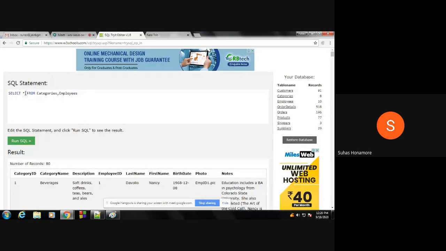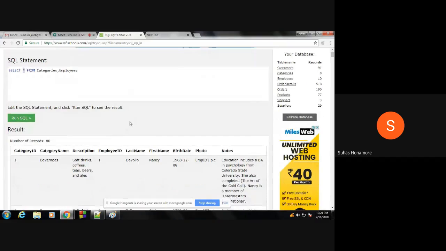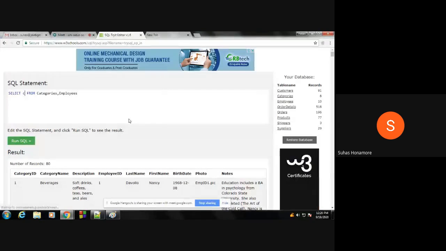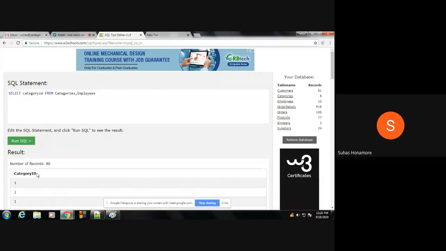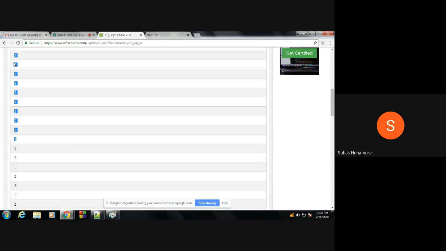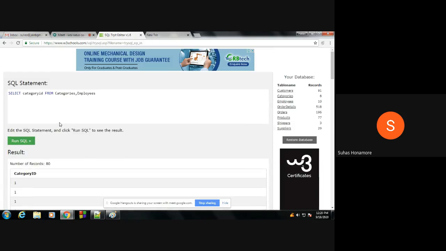In this also, I can extract only particular things I want. Suppose category id. If I give category id, it will list only category id. Here the same value comes 10 times, and again the second one comes 10 times, because it's a table with 80 rows.